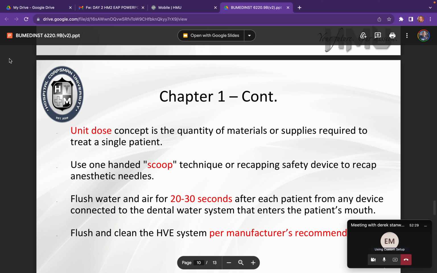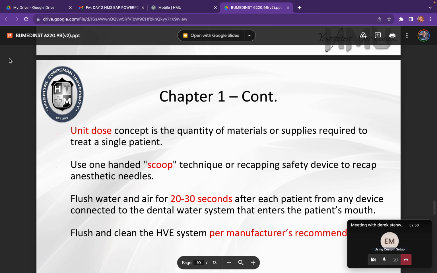All right, so flush water and air for 20 to 30 seconds after each patient, right? So HV is your high volume evacuation, right? So what we do is during the procedure, we'll use that to suck up any amalgam, saliva, blood, anything else during procedure. So it's probably the device that gets the most amount of bacteria and grossness during a procedure, right? So it's the big hose one that is like this, and they hold it like this right inside your mouth